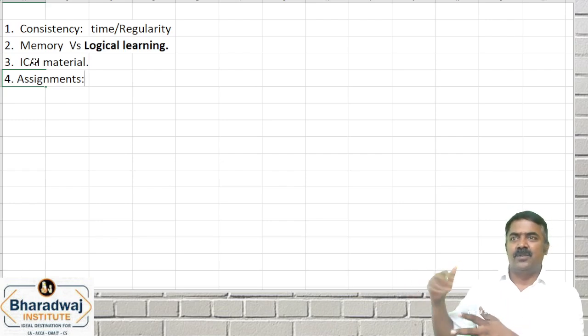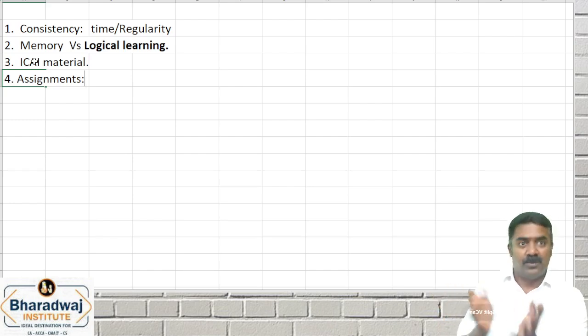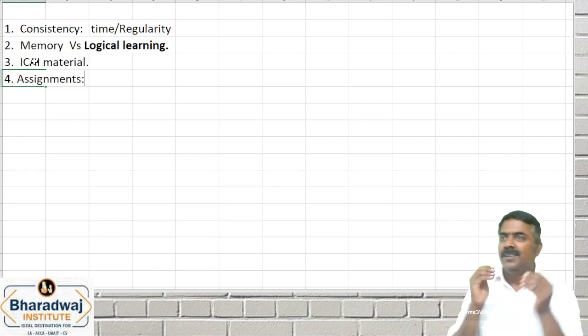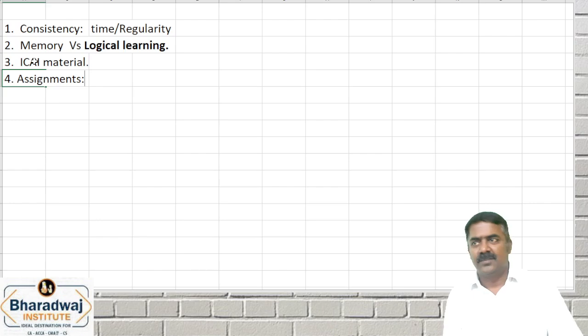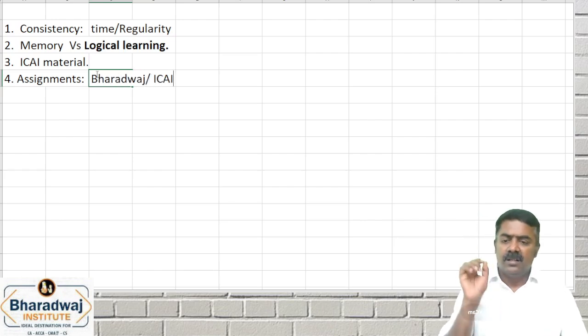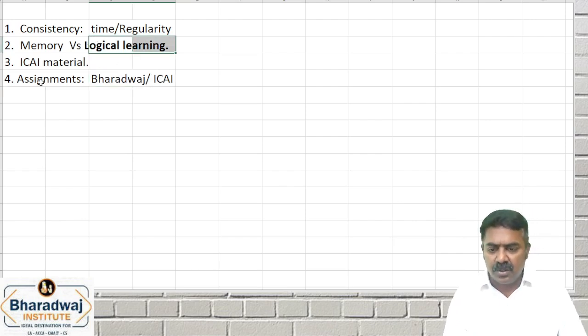Teachers will put 90 hours of effort. Students may put lesser hours of effort. Sometimes it may be reverse also. In CA curriculum, you and me should put equal amount of effort. I solve around 20-30 questions and I'll give you assignments. Ensure that you solve them. Assignments may be from Bharadwaj material, or it may be from ICAI material. So here logic we understood, assignments we practice,